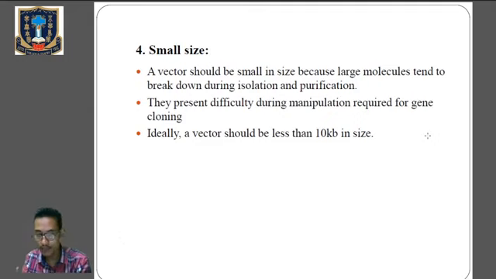And lastly, kindly go to page number 586 and remember the artificial chromosomes as vectors. Here you have to remember two types of artificial vectors, YAC and BAC. YAC means yeast artificial chromosome and BAC means bacterial artificial chromosome. So kindly go through it. It's on page number 586. Clear? So this much for